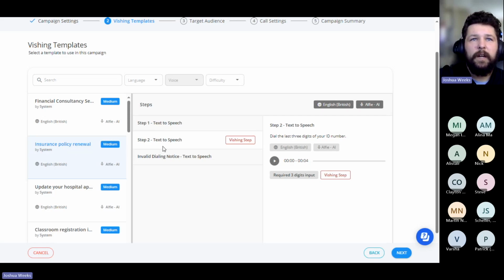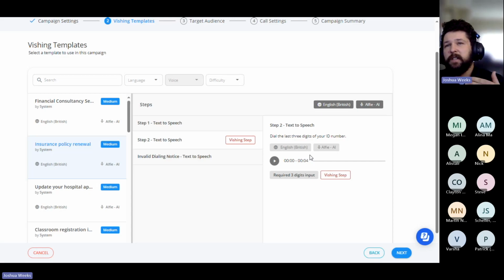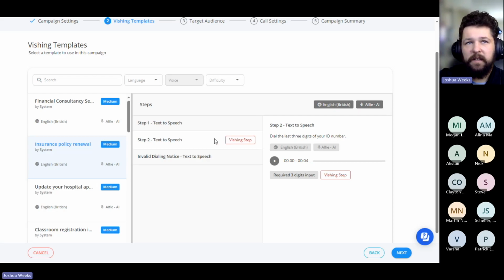And then with this as well, we're able to preview any of these AI voice recordings. In fact, that's something I forgot to mention. We do partner with Amazon Polly AI to give us a plethora of AI voices to use. These steps are text to speech, and what's unique about that is it's very easy to create your own custom templates. We'll jump into that here in a little bit, but these are going to be narrated by the AI here. And just to play a brief clip, you should all be able to hear.